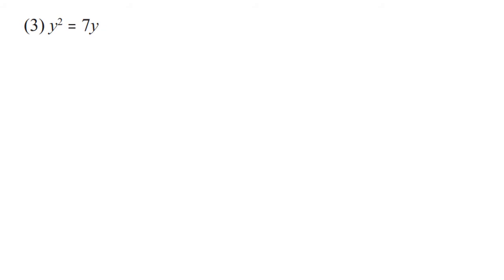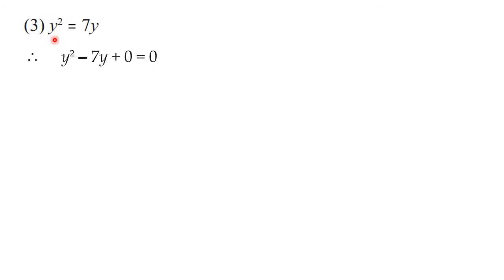Question number 3 here. y square is equal to 7y. Again, what we can see is this is a quadratic equation. Why? Because the maximum index is 2. But it is not in standard form, so the important step is to bring it into standard form. Here what we can observe is only 2 terms are present. One term is missing. But while writing standard form, we need to write down that missing term also. So this equation we can write like this.